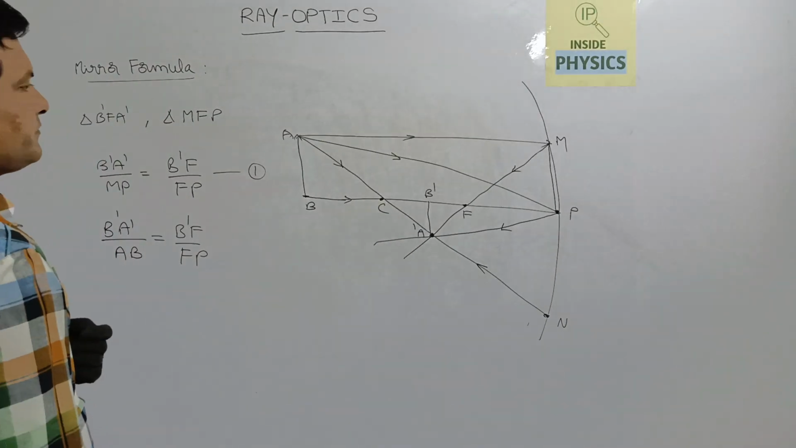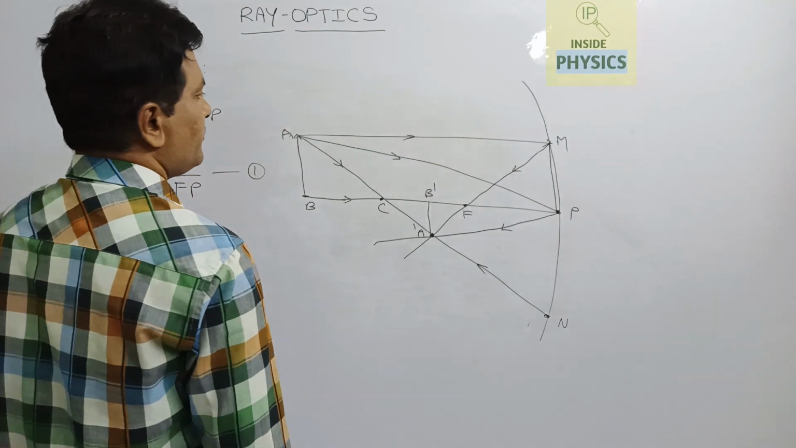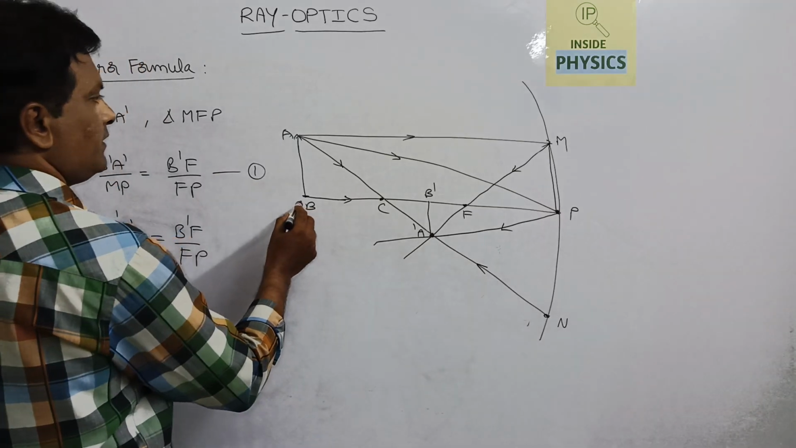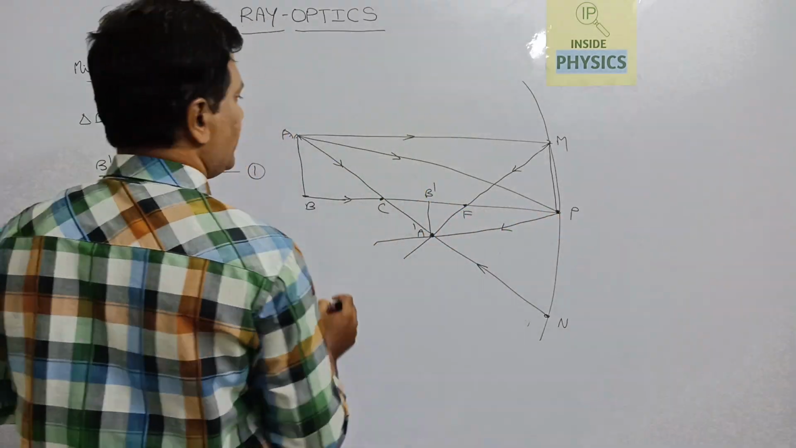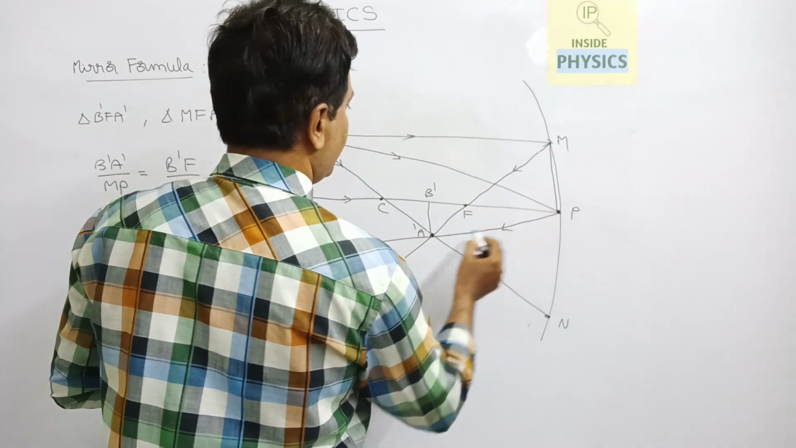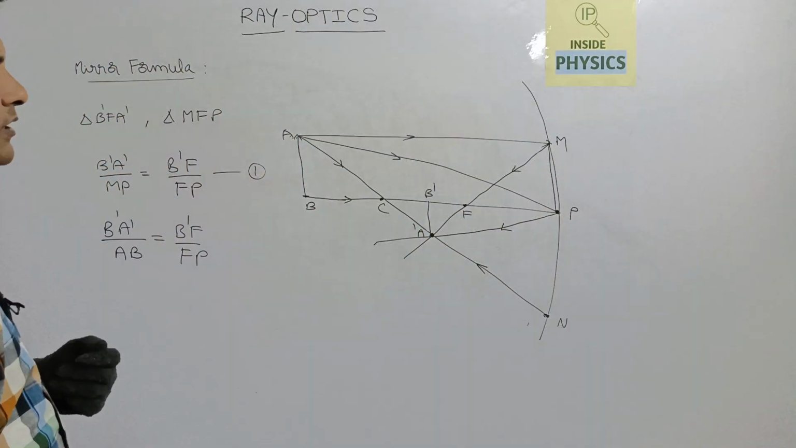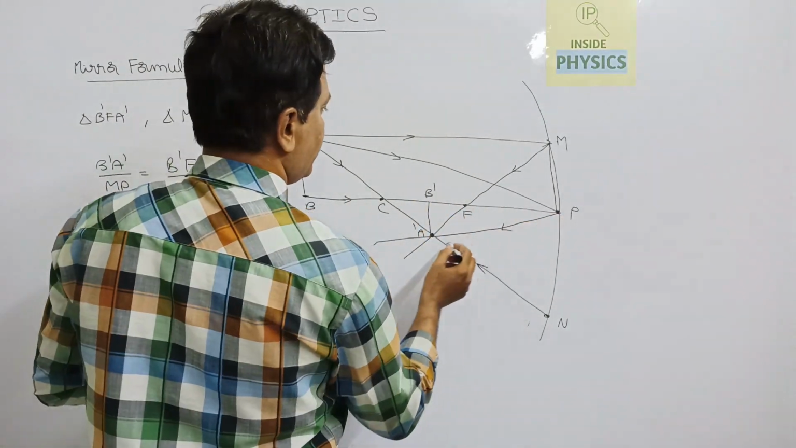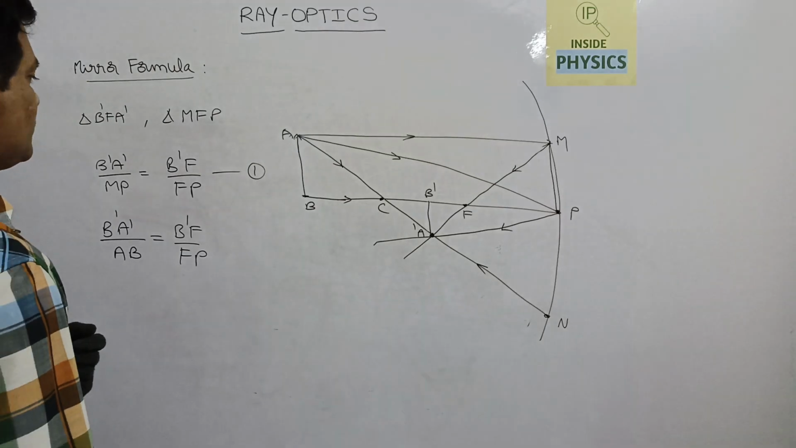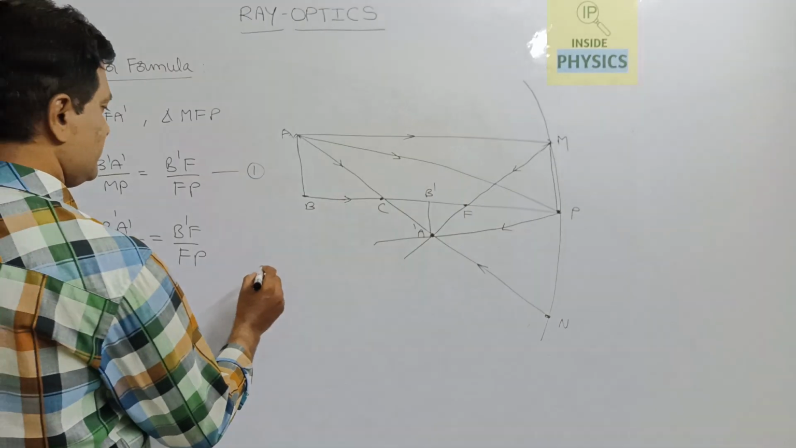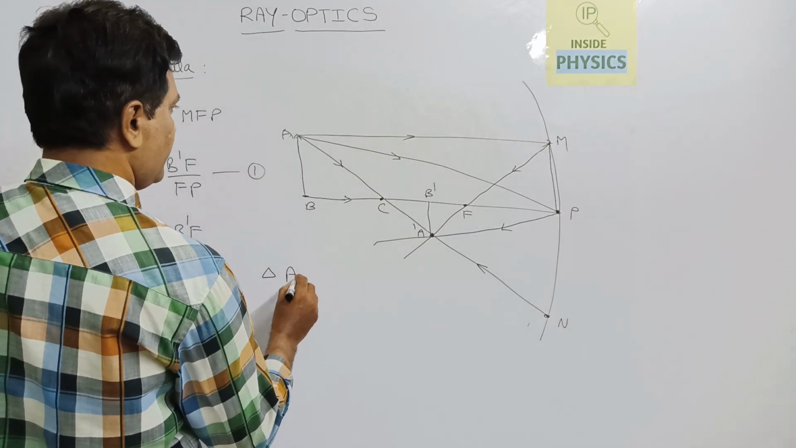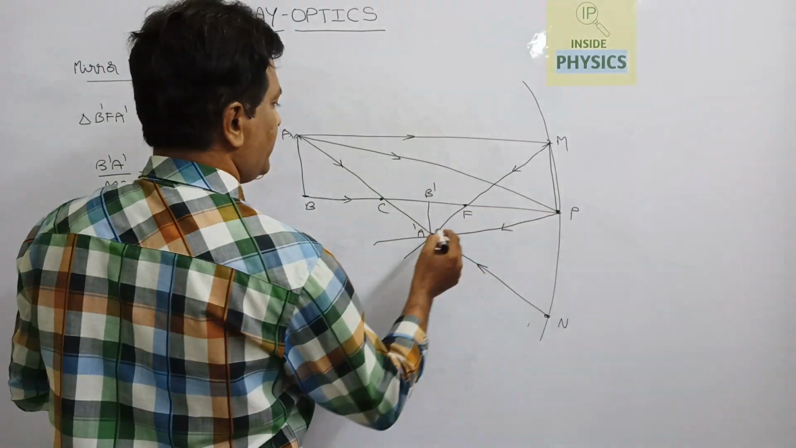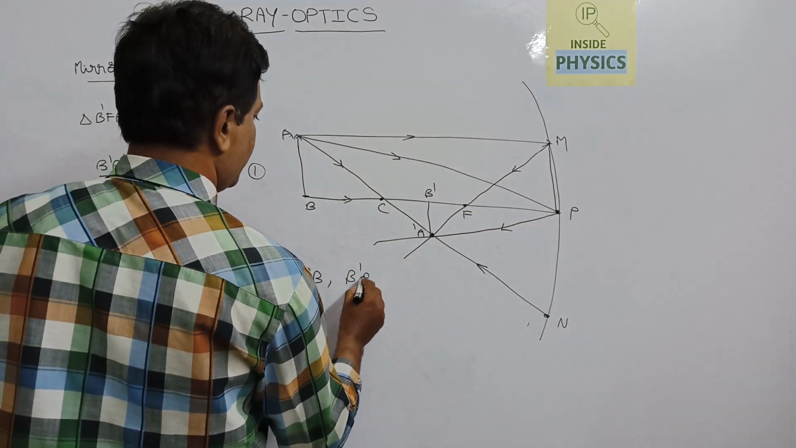Okay, so in the next second case, if you observe the two triangles APB and B dash P A dash, these two triangles are also similar triangles. See, from triangle APB and triangle B dash P A dash,